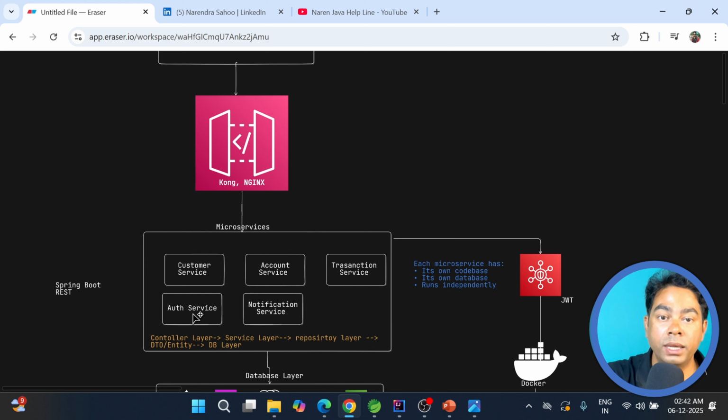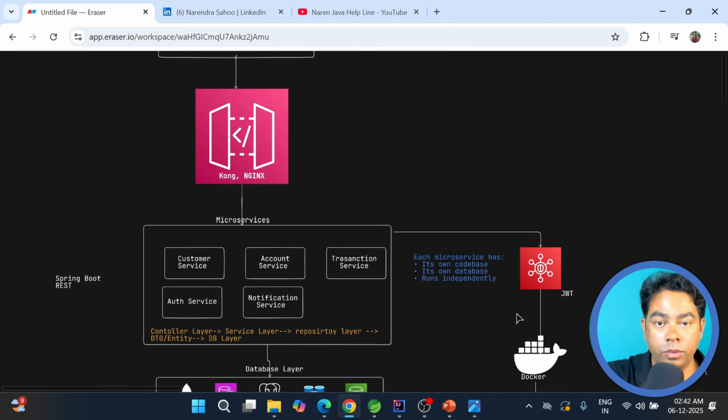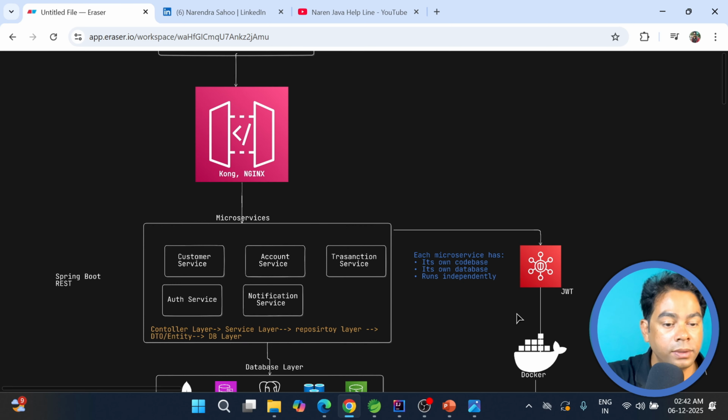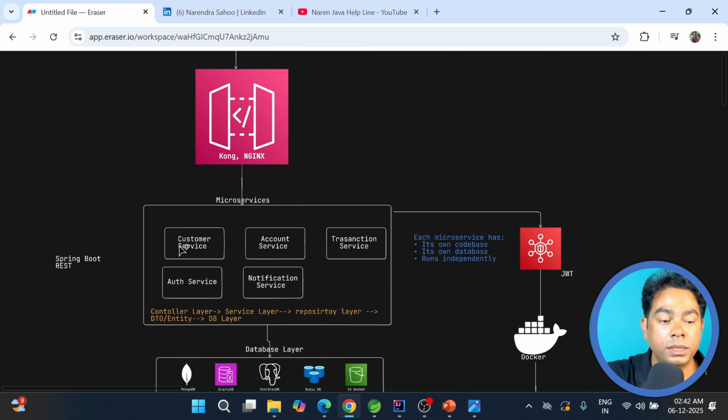It will be managed in cookies, it will not be stored in the service, and that token will expire after a few minutes, generally 15 minutes, as you configured at the time of token creation. So JWT is very lightweight. That's what we are using JWT for: authentication and authorization. Each microservice works independently, and they are not using any common database,